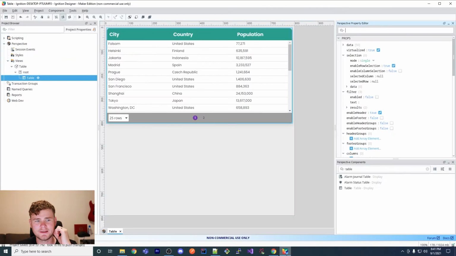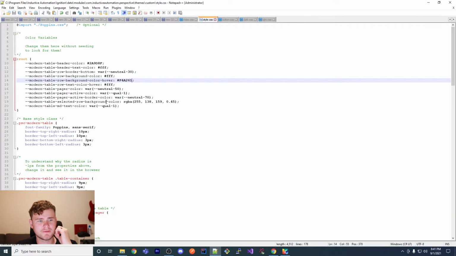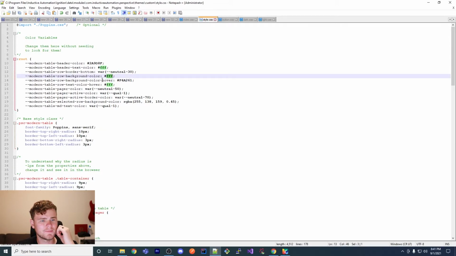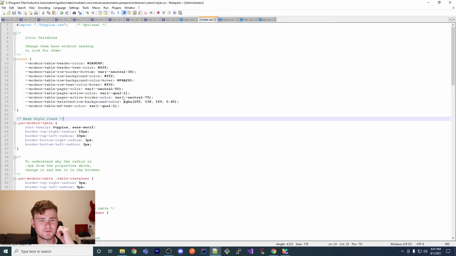So let's change that. Let's go back to our file here, table row text. It looks like it will be row background color. Oh, this is white. Okay. Row border bottom. As you can see, I already forgot. Pager color. Oh, selected row. Here it is. Here's what I was looking for. So let's add,